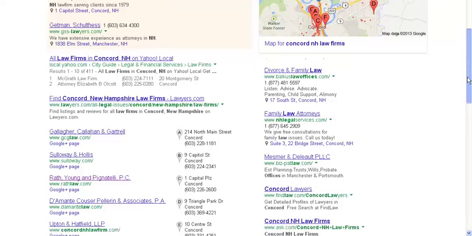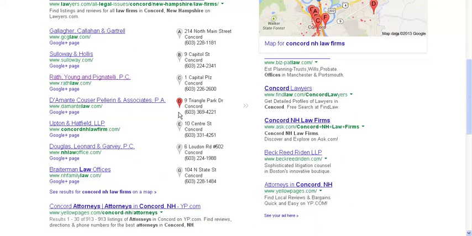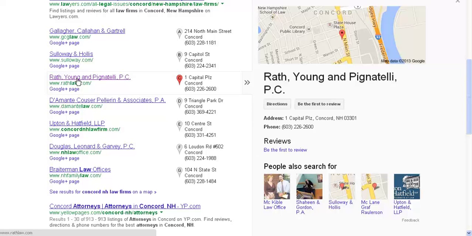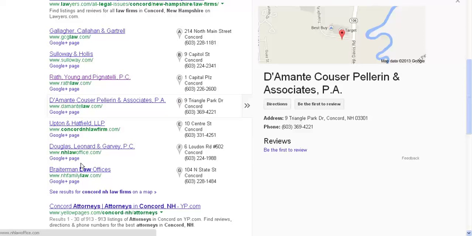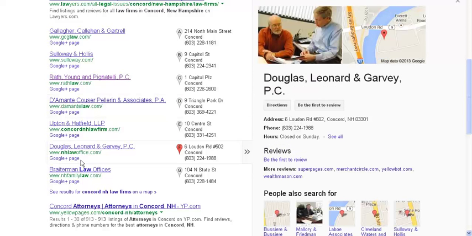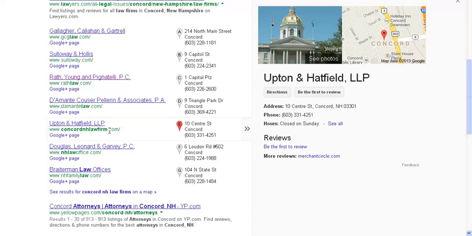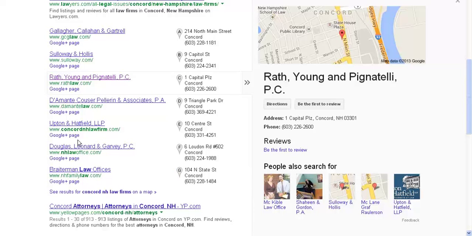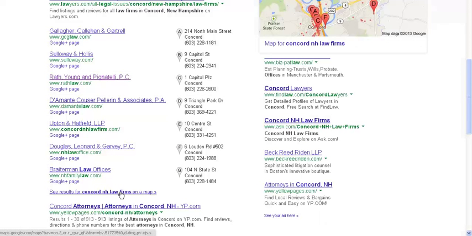Now here we have a little different. These are called, right here, all these points, these are the local results, okay, or the places listings, or most recently the Google Plus page places listings. Sorry to confuse you, but now these are all the brick and mortar offices that have been registered and enhanced on Google Plus Local, and there's plenty more of these, but these are the ones that Google is choosing to show first, and there could be a lot of reasons why these are, A through G, and these folks are being ranked A through G, because as you can see here, if I want to see more,